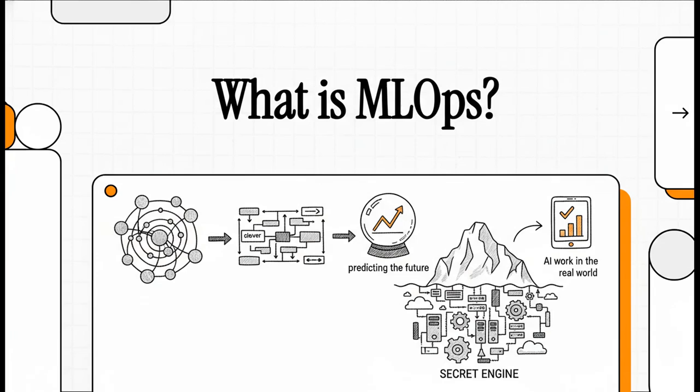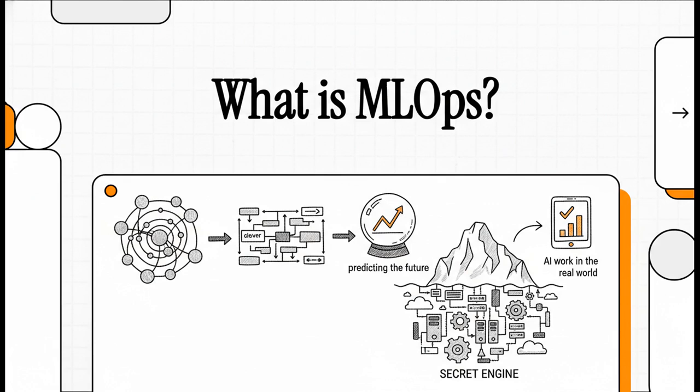So when you think about machine learning, what's the first thing that pops into your head? For most of us, it's probably some brilliant algorithm, right? A complex neural network, some super clever code that can, I don't know, predict the future? But what if I told you that's just the tiniest sliver of the real story? Today, we're going to pull back the curtain on MLOps, the secret, heavy lifting engine that actually makes AI work